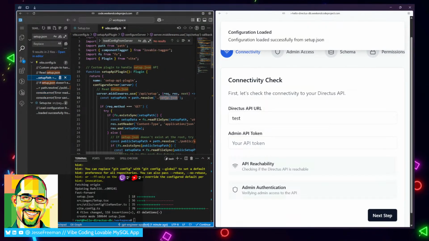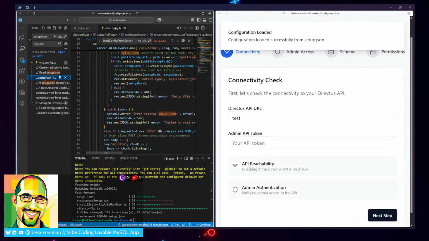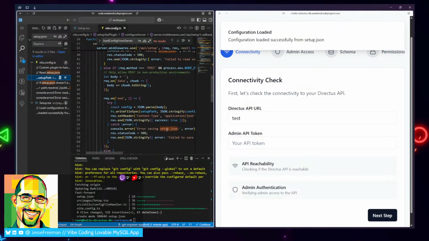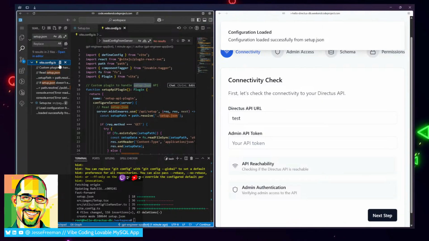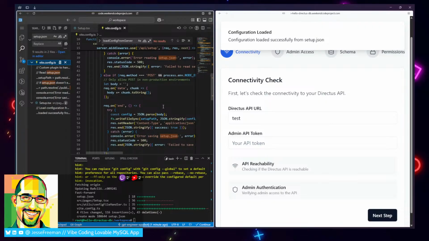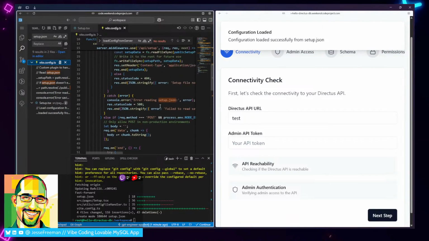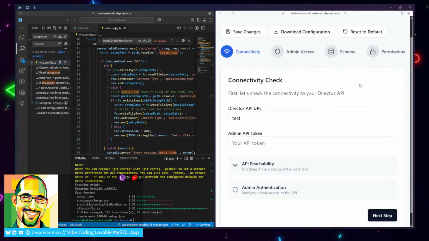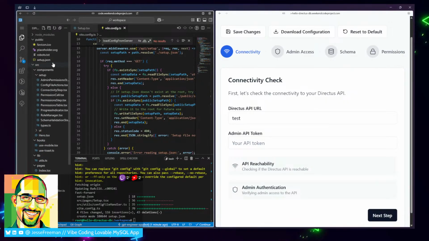What is it actually saving to? Configuration loaded successfully from setup JSON. But this doesn't make any sense because this setup JSON